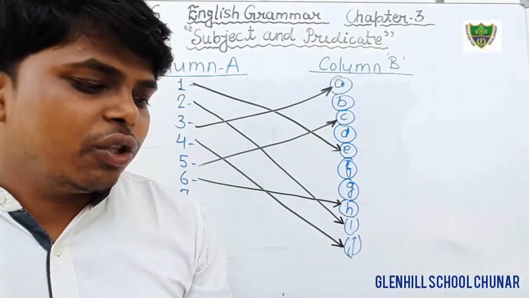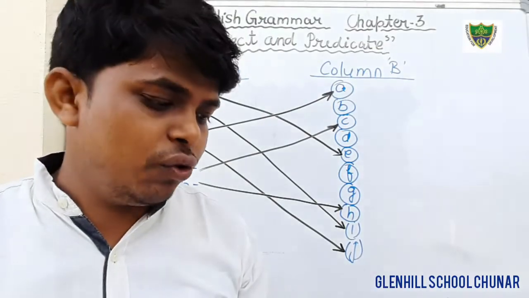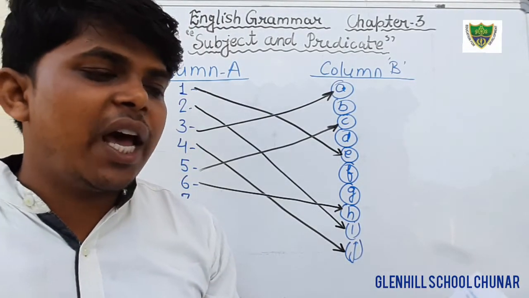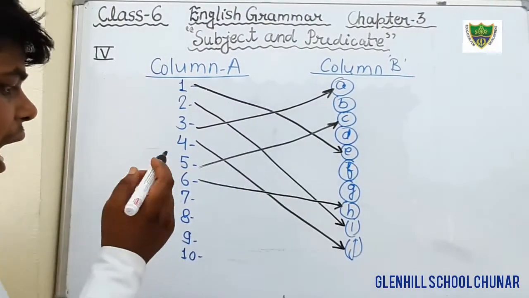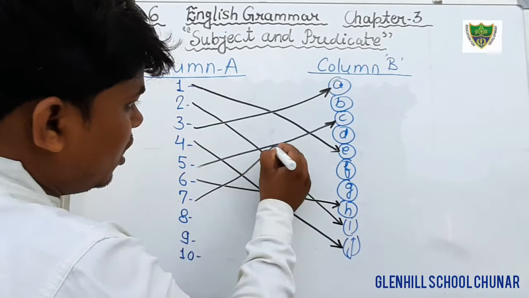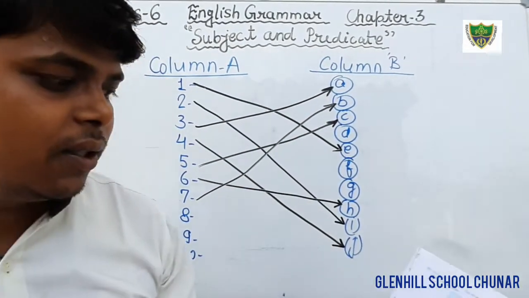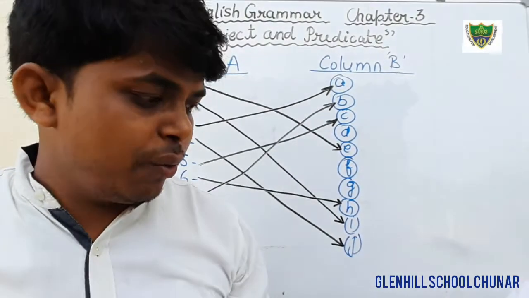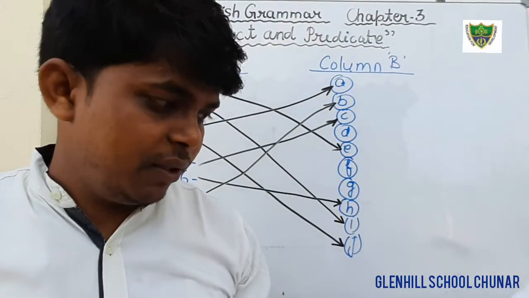And the next question, question number 7. S.C. Bose, it means Subhash Chandra Bose. You will match it with option number B, organized an army. Subhash Chandra Bose organized an army. Option number B. Just match it. Question number 7, S.C. Bose, you will match with option number B, organized an army.